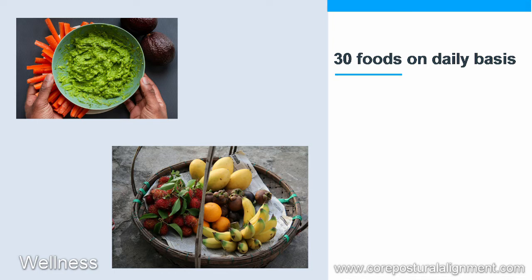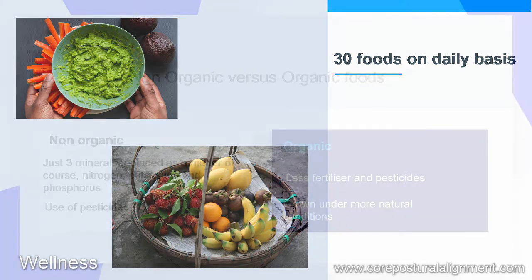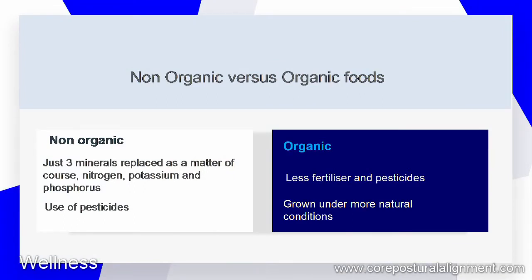So how is the food grown? Where we get our food from is important. We prefer organic when we can. And the reason for that is, number 1, it's lacking in a lot of pesticides when they're growing these organic foods. They don't use the same numbers, if any, of pesticides, so it's less contaminated. Plus the soil is fertilized with broader fertilizers than what is commonly used in these mass